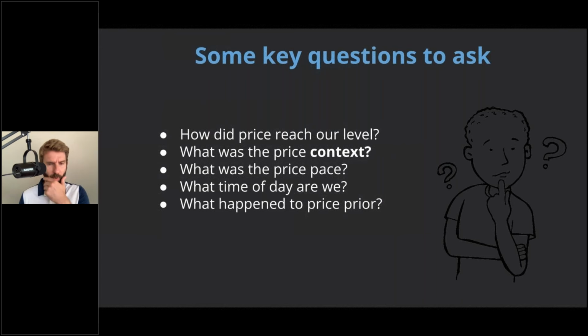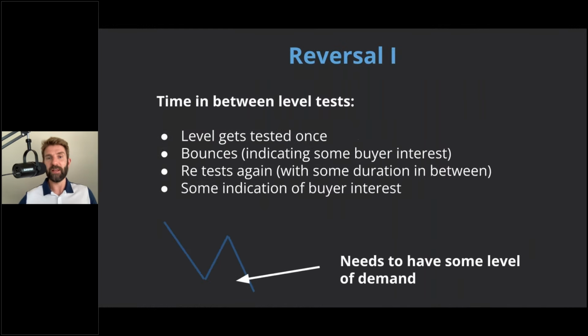Now, one thing to point out is to not overthink this, right? I don't want you to get to a situation where you've got reams and reams of stuff and you're thinking more is better. If I get all my ducks in a row, I can't lose. You're never going to get that. You have to just have that 80-20 rule of, okay, listen, what's the most important factors here? Speed of price, daily context, time of day, that'll do me. But just understanding the key questions that are important to whether you want to take this deal or not.